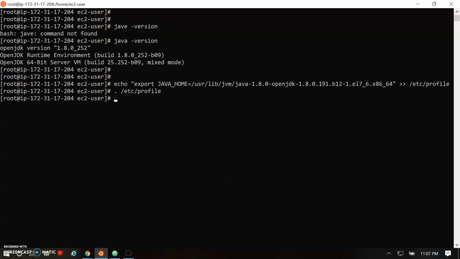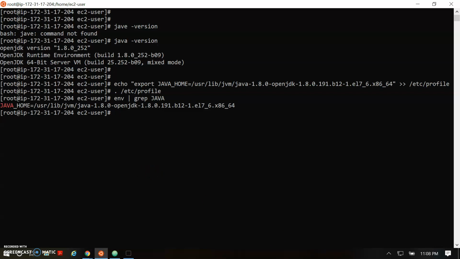Okay, and let's check whether our Java environment variable is set or not. So our Java home environment variable got set. You can also do echo on Java home to get the information on whether your Java home variable got set or not.